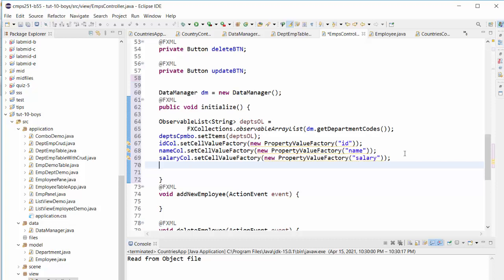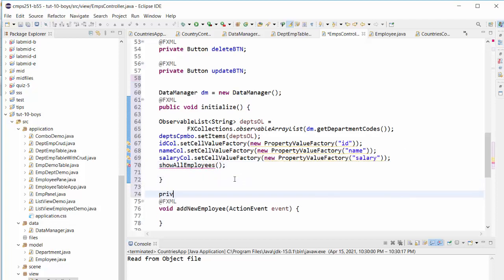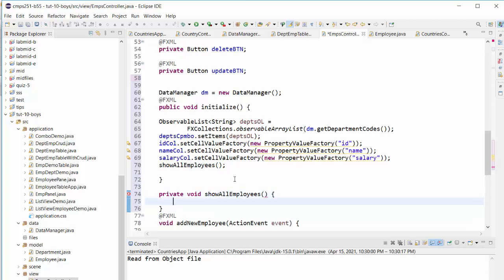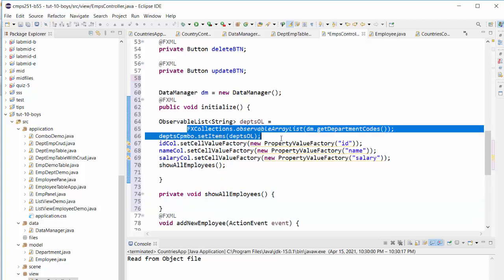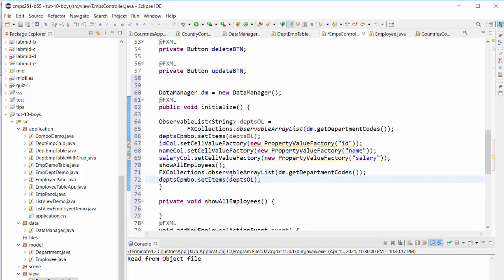I prefer to make a method here, a private method, since that method is needed from more than one place. So I'll call the method show all employees. This method is most probably going to be needed later. So, private void show all employees. I can now tell you what's going to happen. First of all, I need to create an observable list of